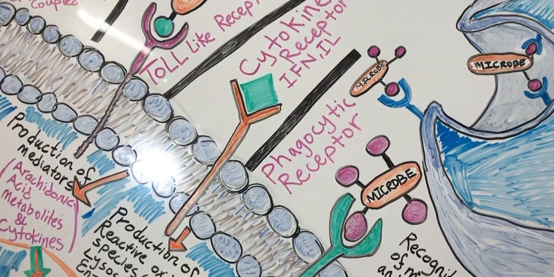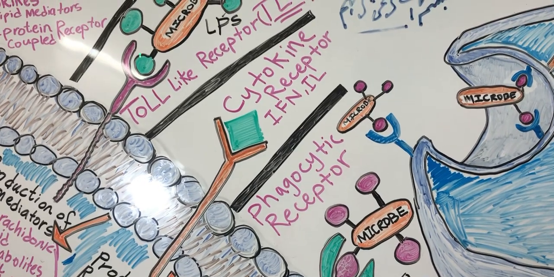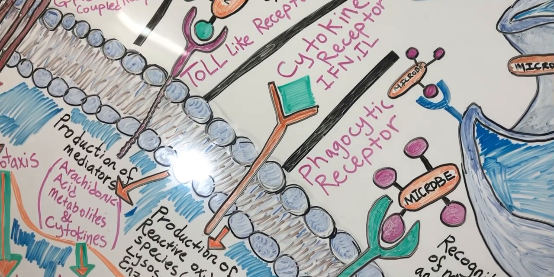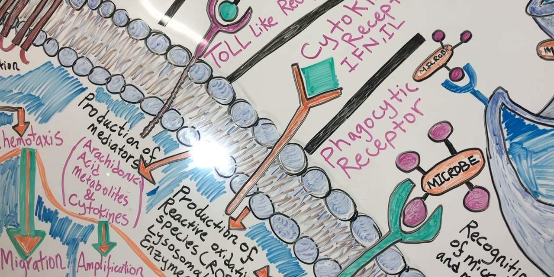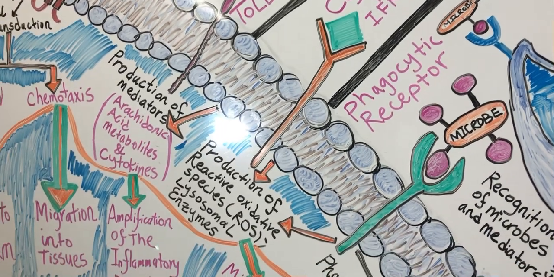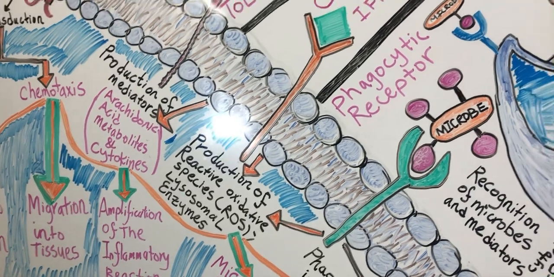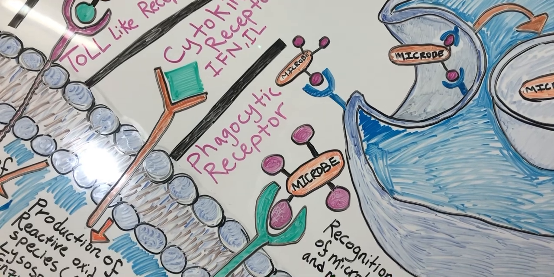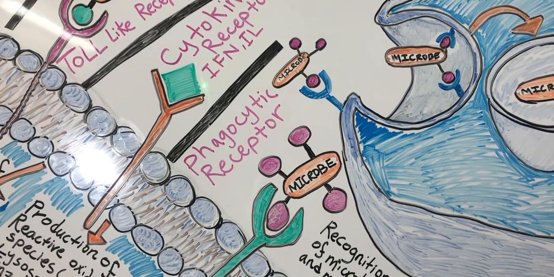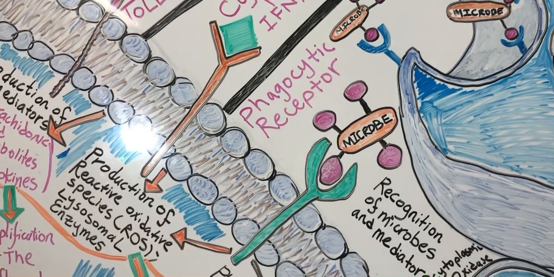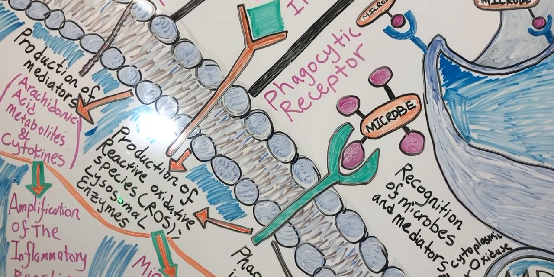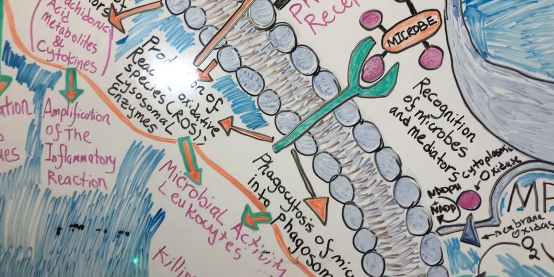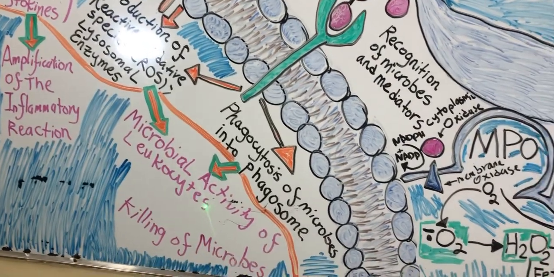Then we also have toll-like receptors. Toll-like receptors are unique in binding lipopolysaccharides of microbes, and that leads to intracellular production of mediators like arachidonic acid metabolites and cytokines, and that leads to amplification of the inflammatory signal. Then we have the cytokine receptor, which binds signals like interferon gamma and interleukins, and that leads to the production of reactive oxidative species in the lysosome and lysosomal enzymes, and that leads to microbial destruction and the killing of intracellular